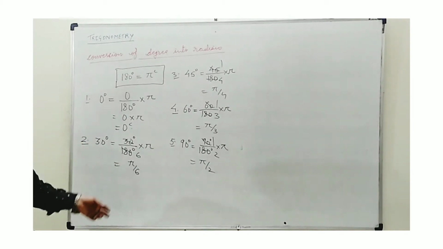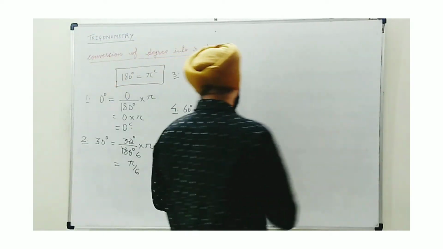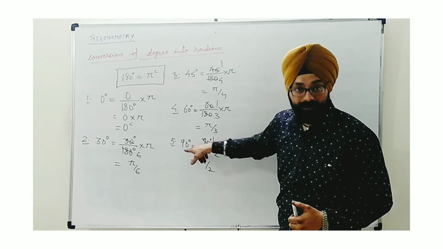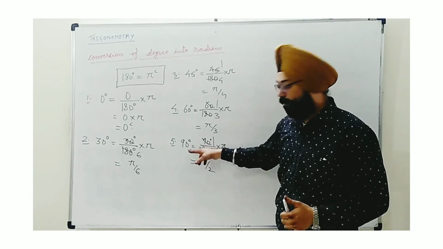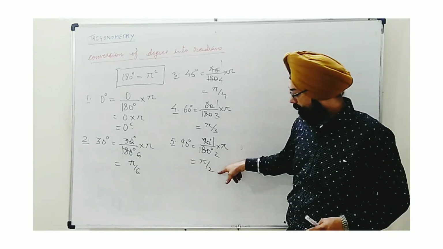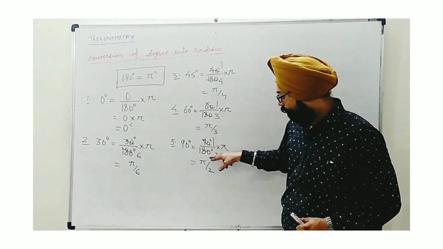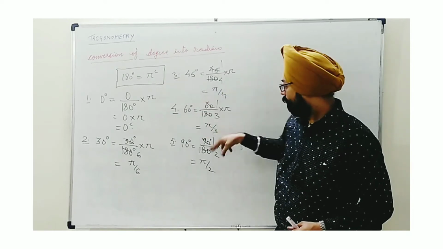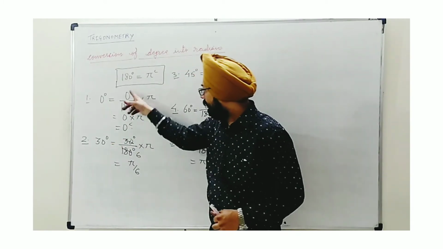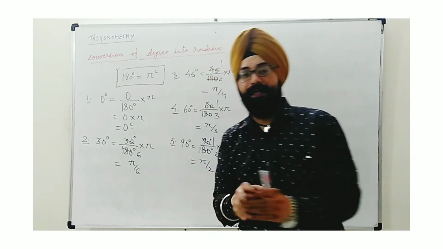So all the specific angles we have seen in terms of radian, and how to keep them in mind, that also I will guide. See, 90 is pi by 2 because 90 twos are 180. Just think how many times you have to multiply the given value to make it 180. The same number will divide pi in radian. 90 twos are 180, so pi by 2. 60 threes are 180, so pi by 3. 45 fours are 180, so pi by 4. 30 sixes are 180, so pi by 6, and so on. This way specific angles can be learned well.